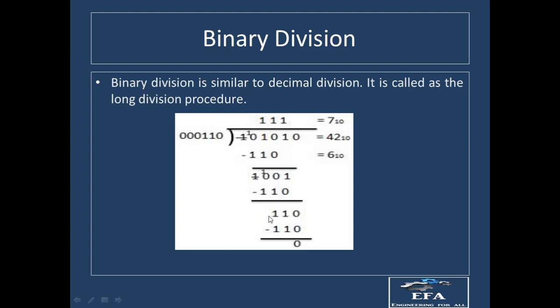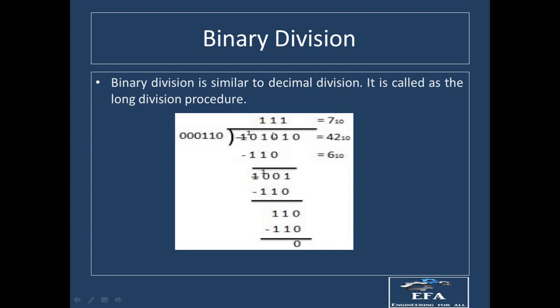Because this 0 will be coming before the first one, this can be neglected. So now we are having 1 and 1 over here, and from here this 0 was left, and this 0 will now come down. Now again this is 110, and this is again 110. This one is equivalent to 110. So again multiplying this by 1, we will be having 110 over here. So subtracting these two numbers, we will be having 0 over here.